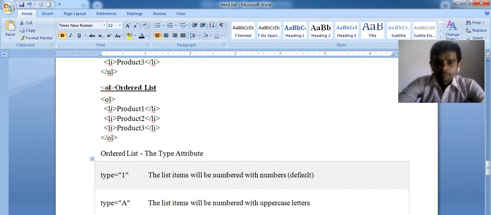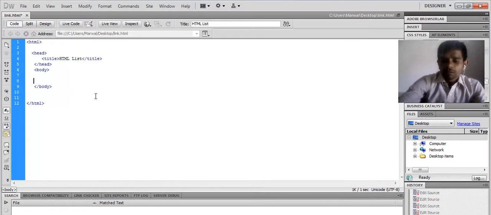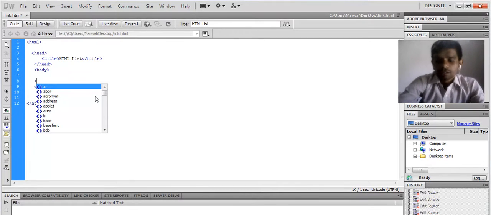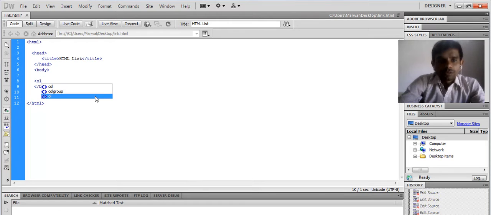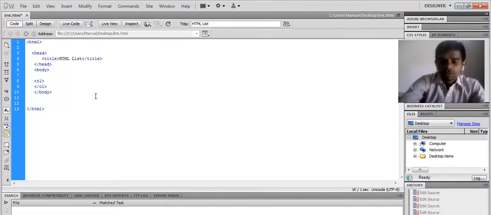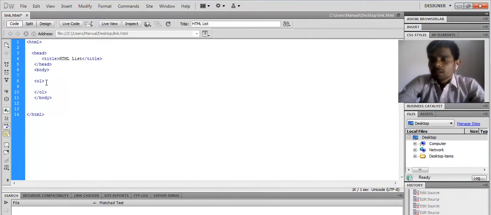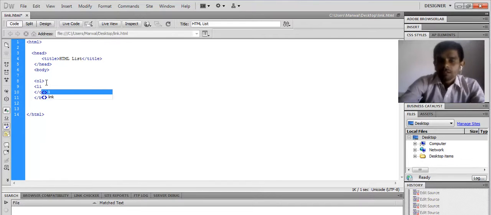Let's see an example. Suppose I want to create an ordered list. For this I use the OL tag. This is the opening tag of the ordered list, and this is the closing tag. Now, in between, I want to show some list items, so I use li for showing list items.